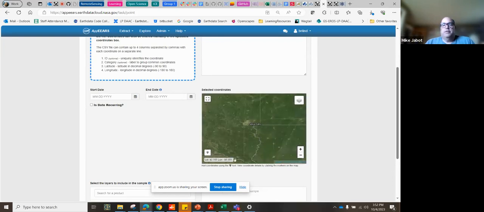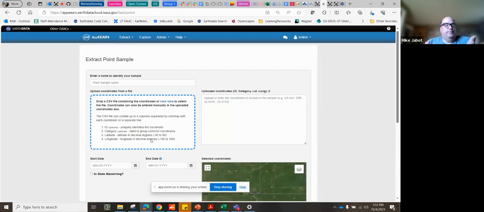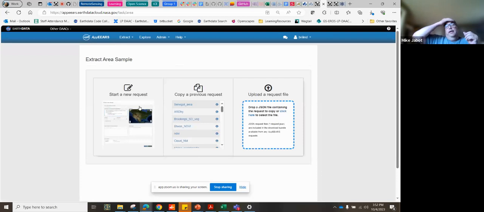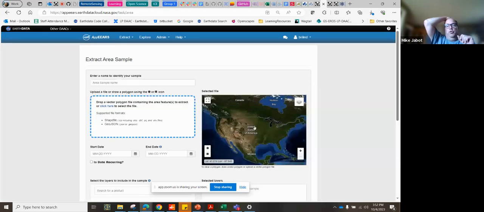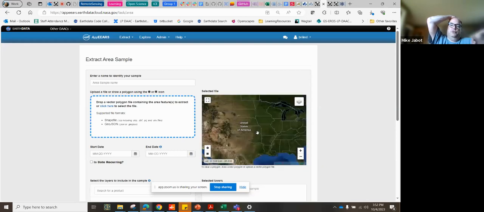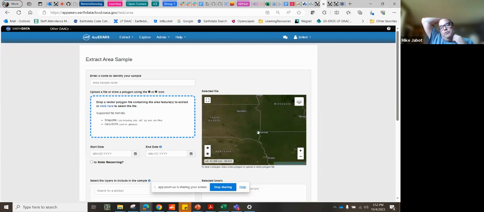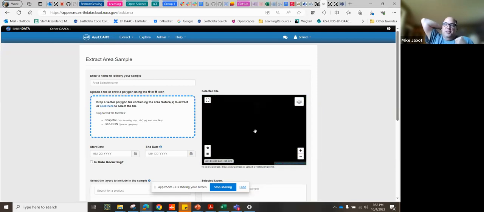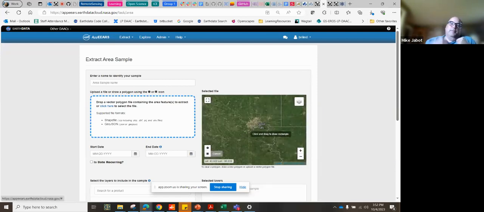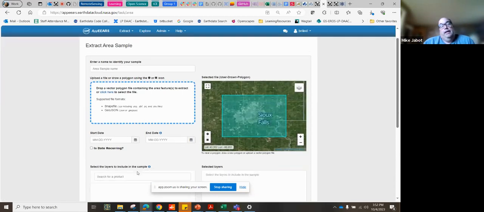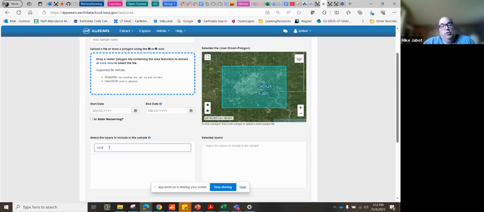Like MODIS is a great data set to use. I think it makes more sense if you have it bound by an area that you're really interested in. And Bri pointed out that you can have this set, so that whole idea about change over time that we talked about a week or so ago, right? You can actually pull the data in and be able to show that change over time. It's really a very, very cool tool, but